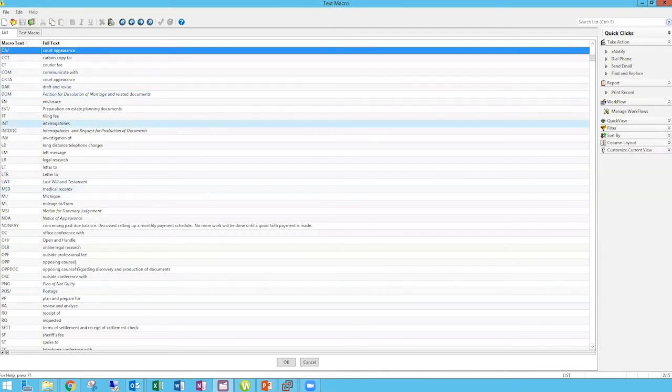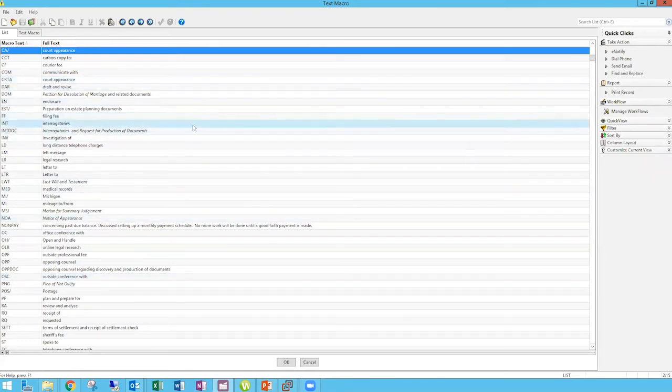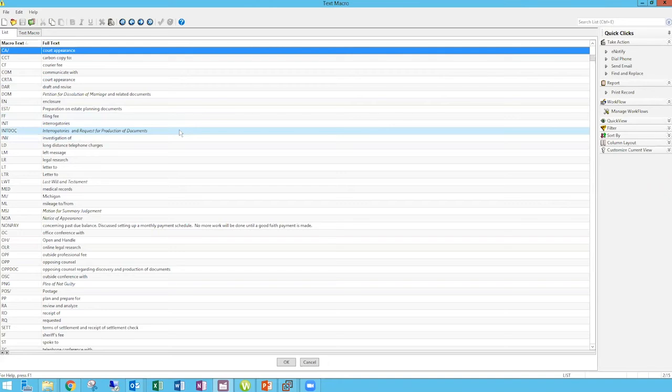So this is a good place to look at what you currently have. It's a good place to modify and clean up. Remember, these can be paragraphs long. I've had some clients that would go in and put, preparation of estate planning documents, including living will and power of attorney and healthcare power of attorney. And you can have this, if you use the same descriptions over and over and over again, and you just want to quickly have a shortcut to populate the fee entries with those things, you can do that,